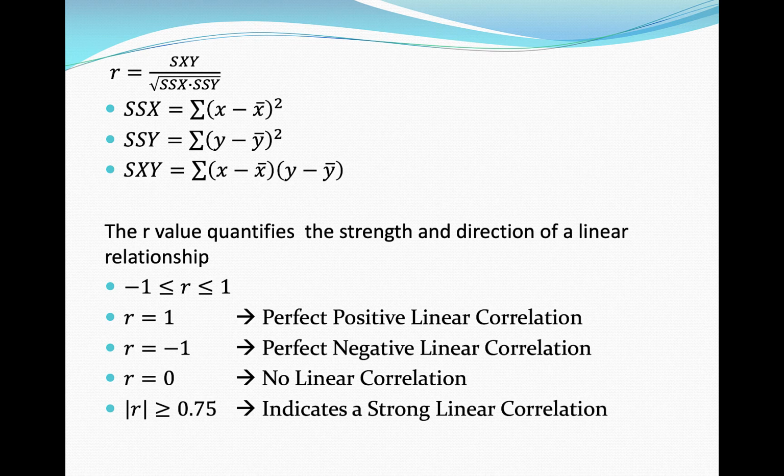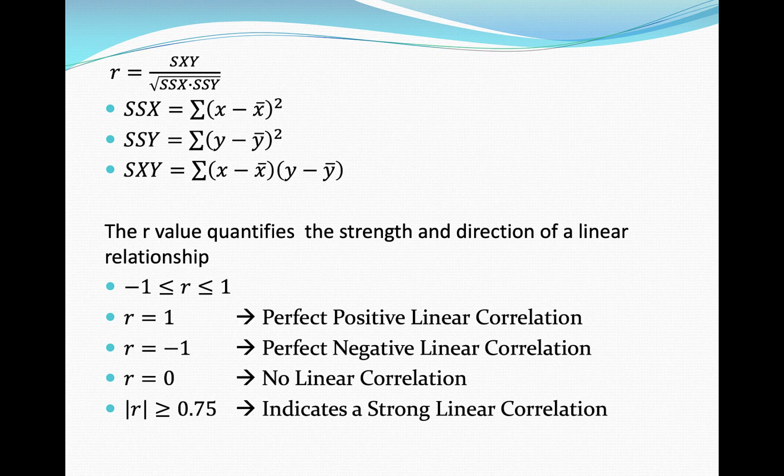Let me get back to the formula so I can talk a little bit about why these values represent what they do. I'll try not to bore you too much with the details of the formula, but let me just give you a feel for what the formula is doing here. The formula is a mix of variance components, like we just said. It deals with the variance of x, the variance of y, and the covariance. If you take the covariance divided by the square root of the variance of x times the variance of y, you'll get the exact same formula. Basically, all the denominators just cancel out here. So this is really just a mix of variance formulas